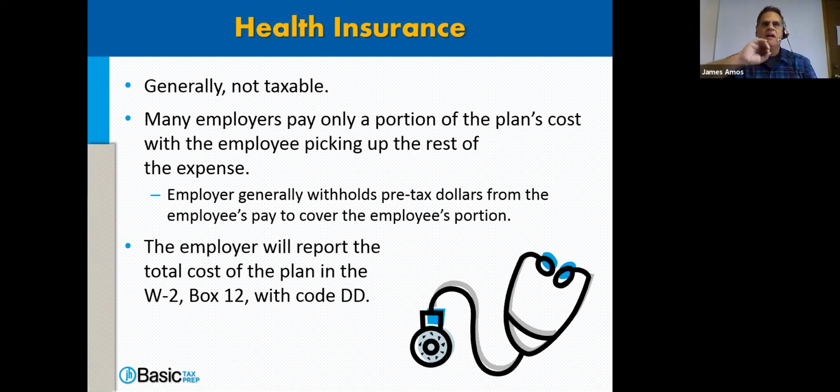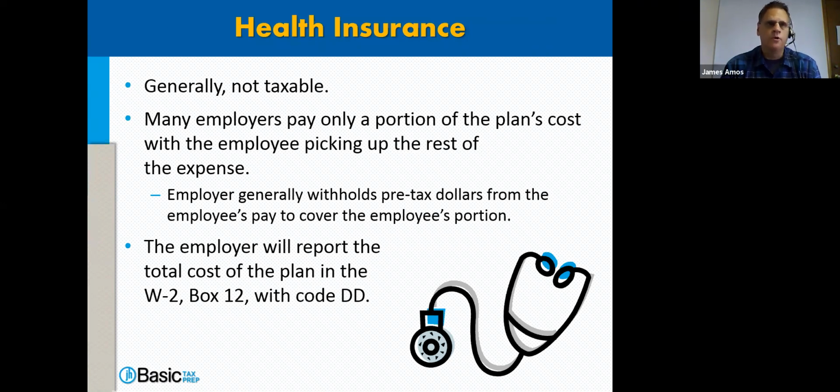Pre-tax meaning those premiums are getting taken out before the income is subject to taxes. That means that they're paying fewer taxes. So because it's pre-tax, they're not going to pay tax on the amount of premiums that comes out of the employee's pocket. How will you know if it's pre-tax? Well, if it's pre-tax,